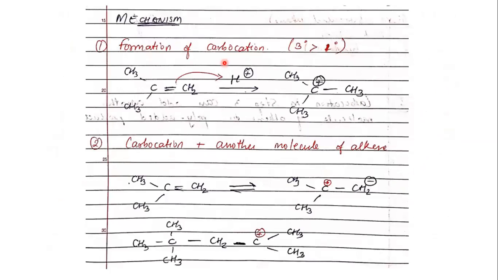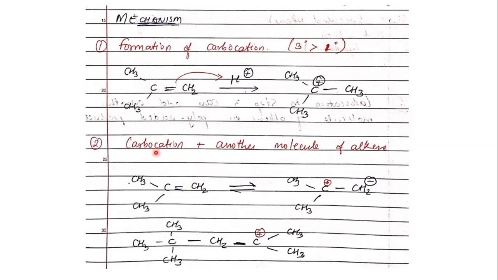So the mechanism first for dimerization of alkenes: the pi electrons of the alkene are going to be attracted towards the H plus. Where did this H plus come from? The H plus came from HF or H2SO4, the acidic medium that you are using here. Again, where will this H plus get added? Either it can get attached on this carbon or on this carbon. Obviously, a tertiary carbocation is favored over a primary carbocation. So this hydrogen will attack this carbon to form CH3, whereas the central carbon will now develop a positive charge. Your tertiary carbocation is ready.